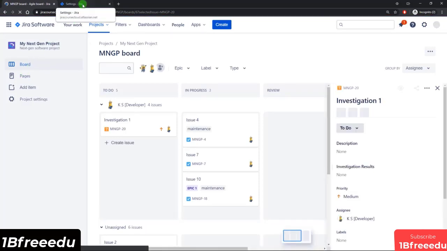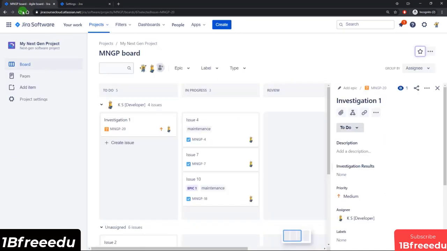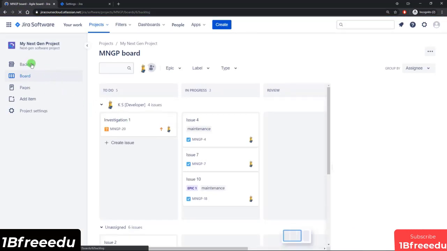If you're not going to use it, there's no point showing it, so you can go in and disable it. You have a backlog option. So if I enable that, let's take a look. If I refresh my project, you can now see that there's a backlog option. And when I go to it,